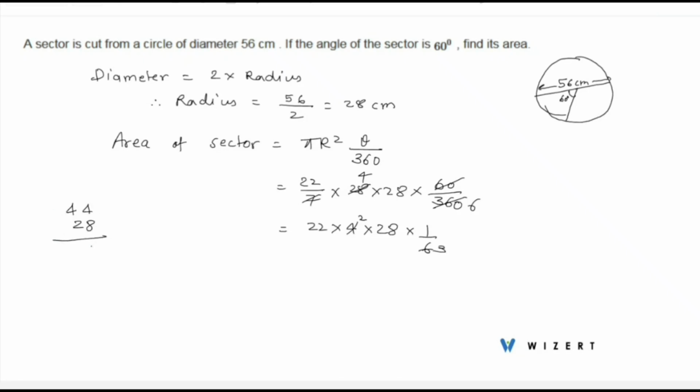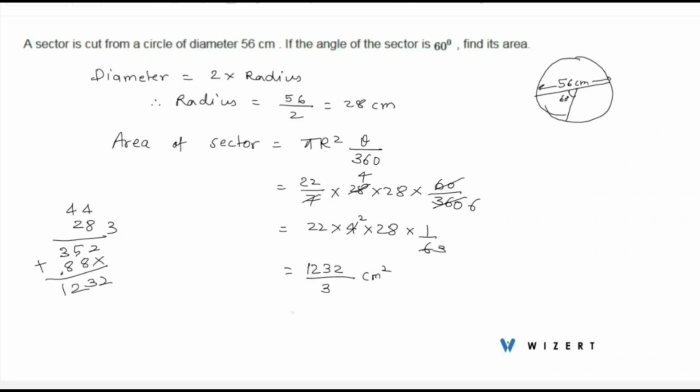8 4s are 32, plus 3 is 35. 4 2s are 8. 2 8 plus 5 13. 8 plus 4 12. So this is equal to 1232 divided by 3